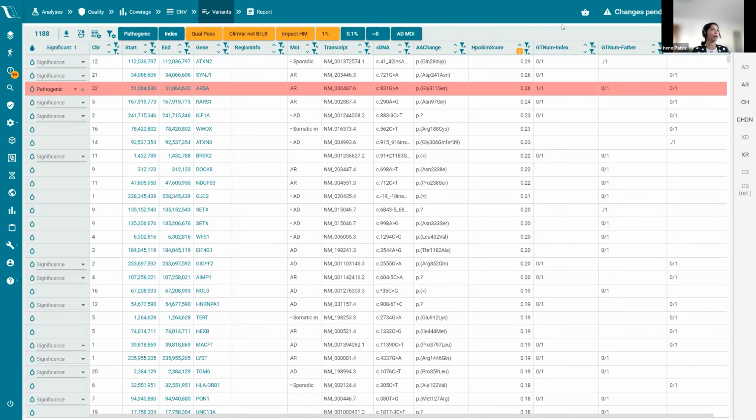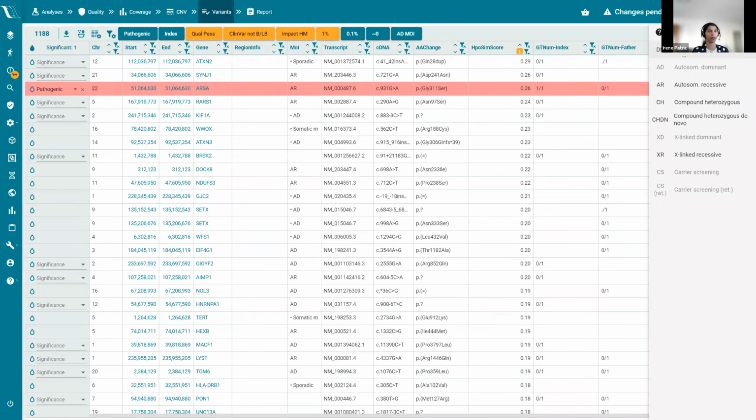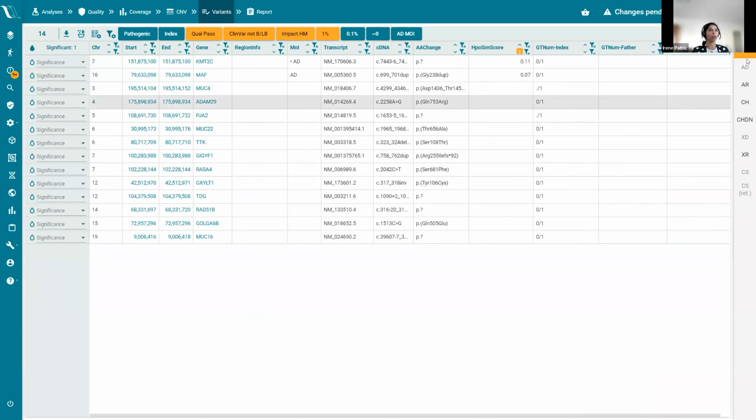And then as you can see, this is already sorted for the HPO similarity score. And then I can start applying the inheritance filters in addition. And like I said before, these are based on genotypes. So the de novo filter is going to look at what is present in the index and absent in the